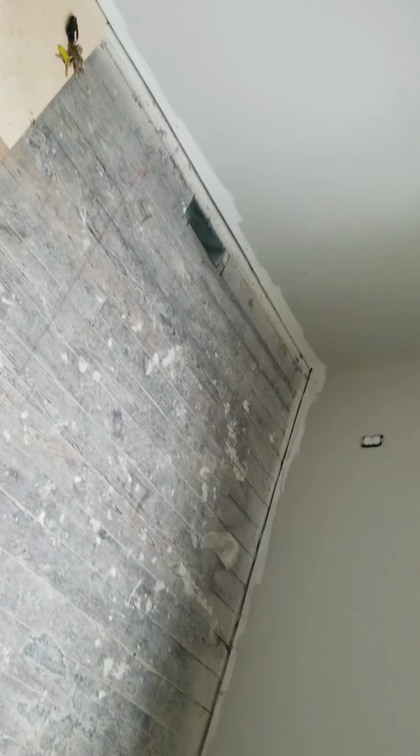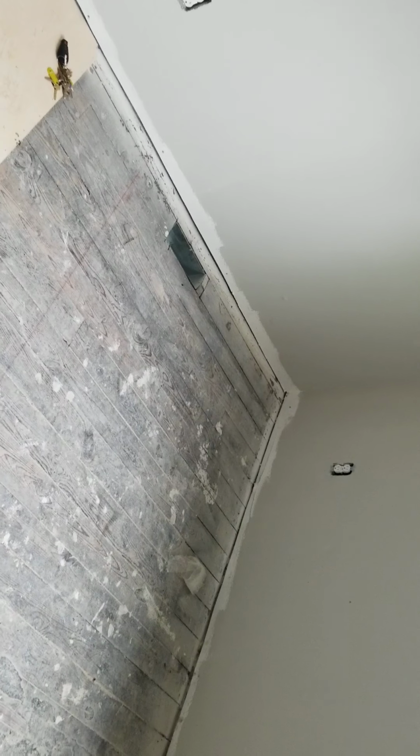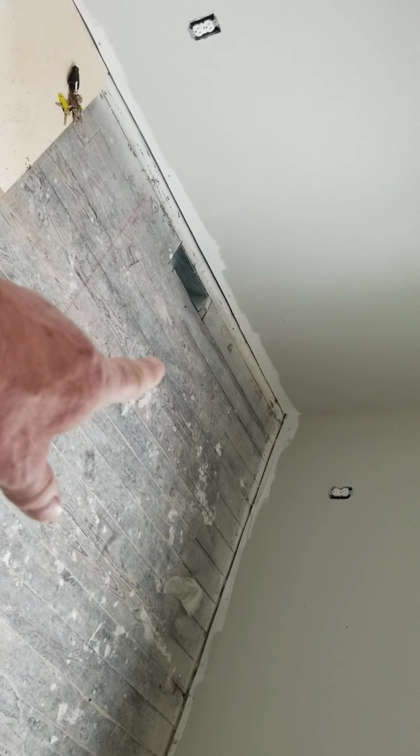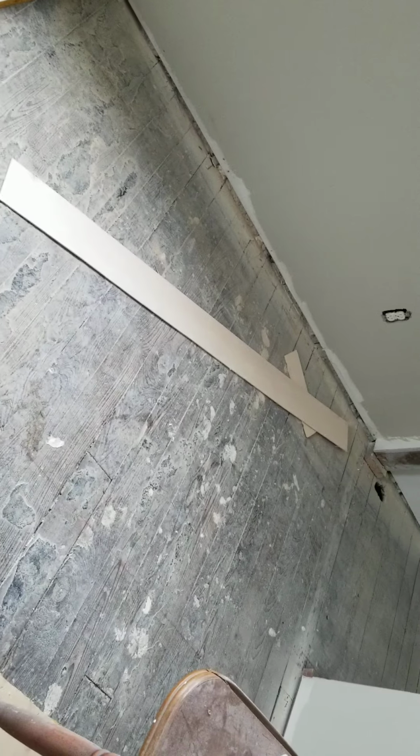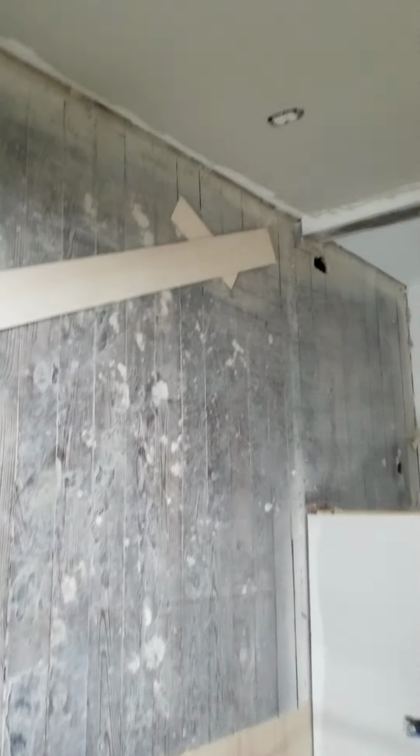Maybe, since we've got 3 sheets coming in, we could cut one 2'3", and then the other one 2 foot, and alternate them, so that way we've got full bases instead of having a 3-inch strip. So once you get up here, I'll let you use your imagination, and then I'll go downstairs. Oh, we're going to end up having to, in the laundry room,